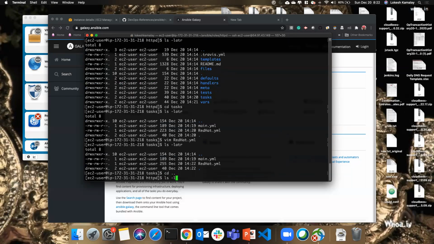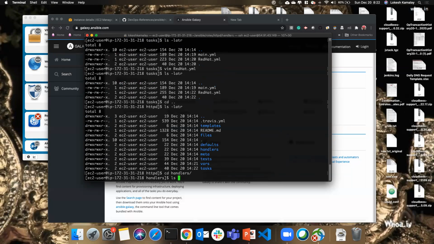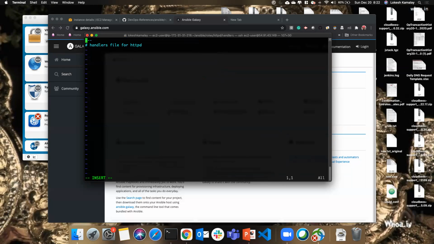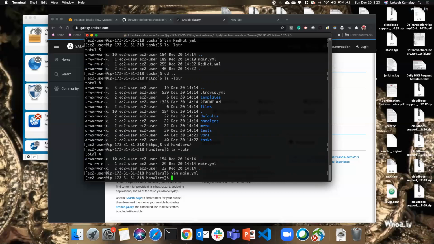So I go back here. I go to the handlers section. There is a main. I delete this. So the name I have given is start the service, right? So the command is service. Service name is going to be package. So the same variables apply here as well. Name, and the state is going to be, I would say, started. That's it. I have written my handlers. So what I have done here is,